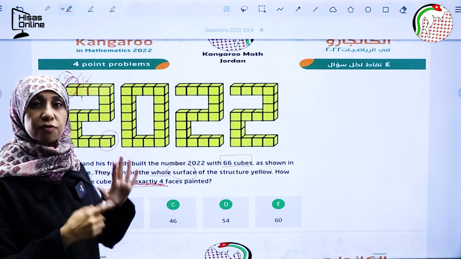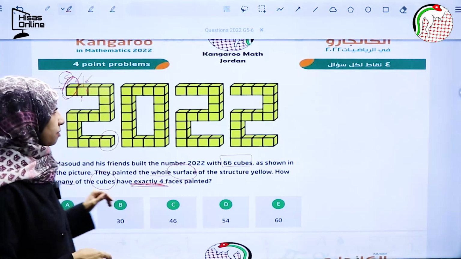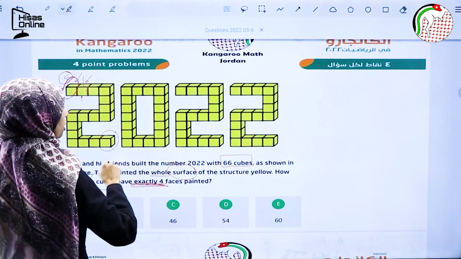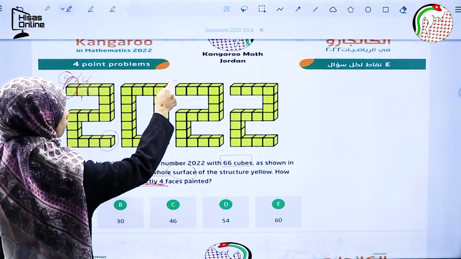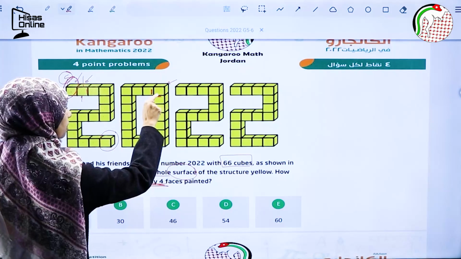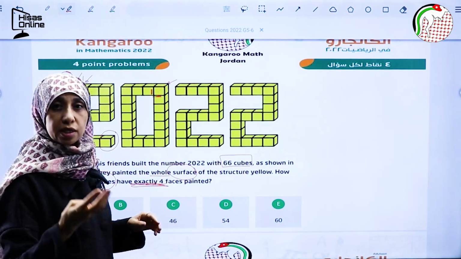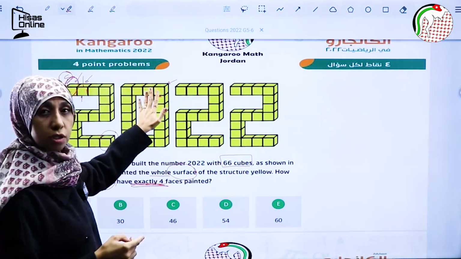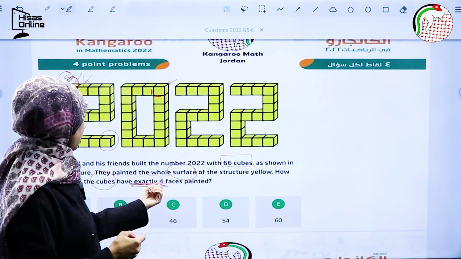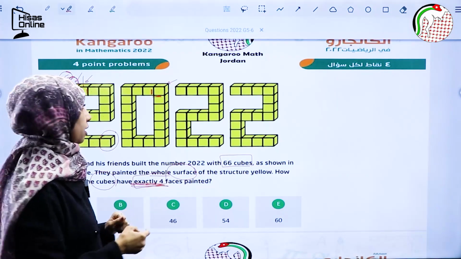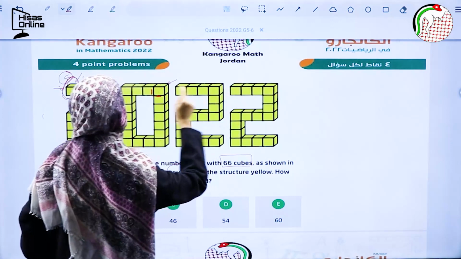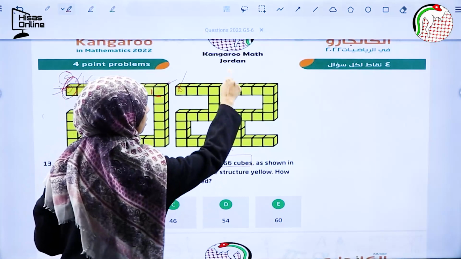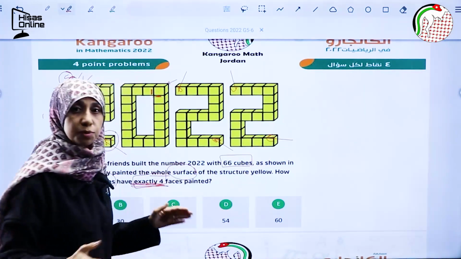each cube here has 5 faces painted yellow. In here, in the 0, it's a closed shape. So 1, 2, 3, and 4, 5 from here and 6 there. It's painted with exactly 4 faces. So this is a closed shape, and all the cubes used here are painted yellow on only 4 faces. So here 2 is repeated 3 times. That means 1, 2, 3, 4, 5, and 6, so 6 cubes